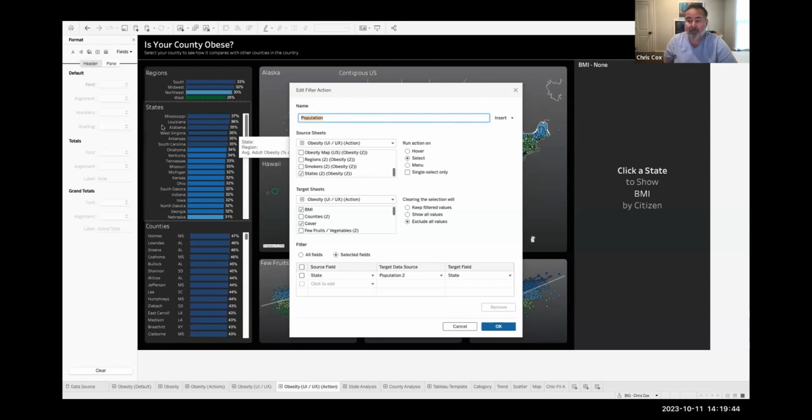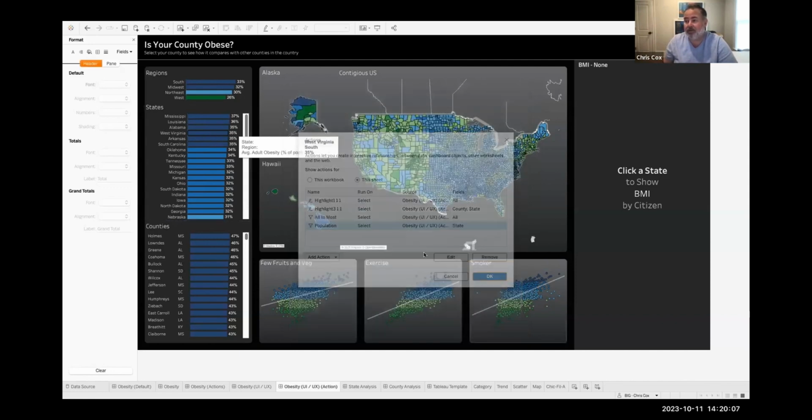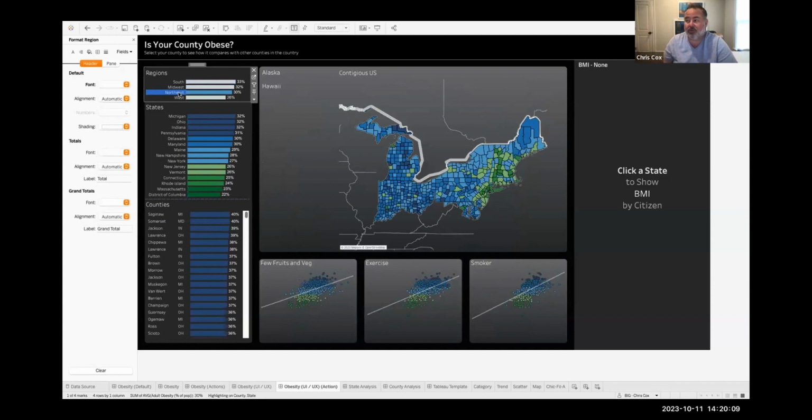So in mine, I have state in my main data set, and I also have state in my list of all the Social Security numbers, which I don't really have. This is all mocked up data, by the way. But I'm telling it to go from the obesity data set to this population data set, passing state and targeting state.